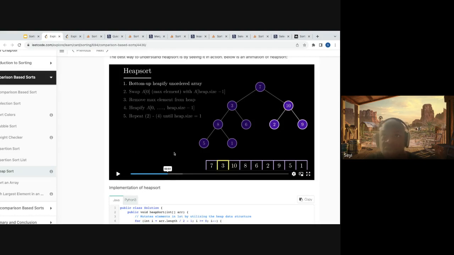Now with 3, it becomes interesting. We want to merge the left heap and the right heap, right? Because the left child is a heap and the right child is a heap, I'm guaranteed that my children are the biggest values I can find under 3. Because if you look at it, 8, 5, 1 is a heap, and because it's a max heap, and 8 is the root of that heap, which is a child of 3, it's guaranteed that there is no other element greater than 8 in the subtree. That's why it's correct.